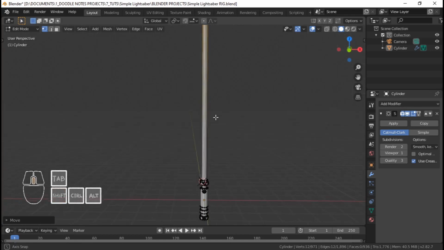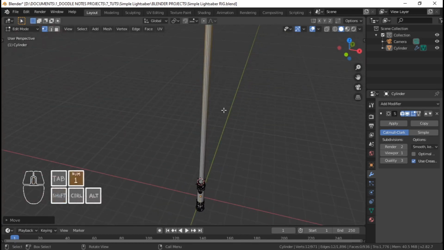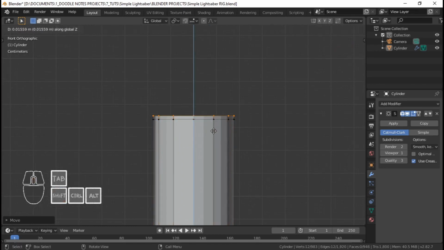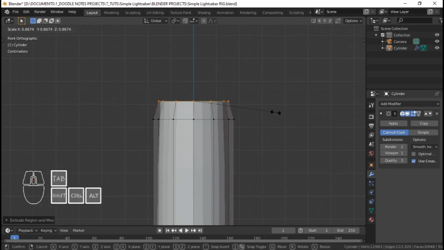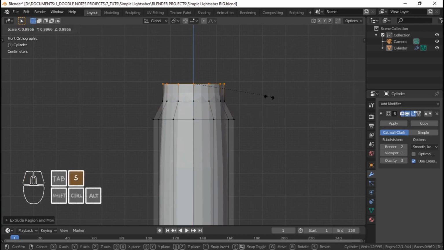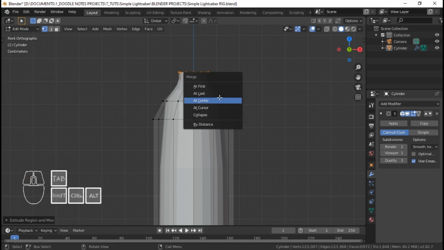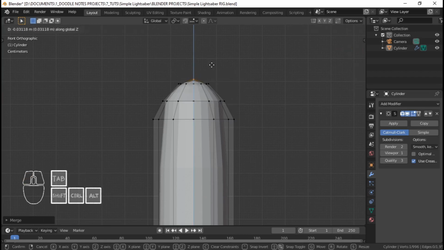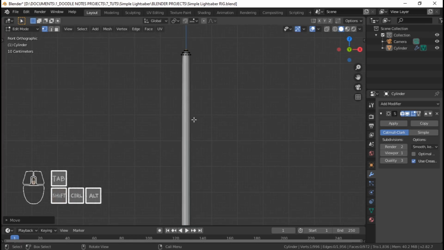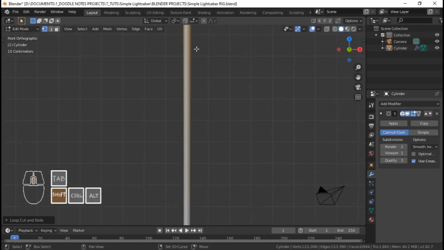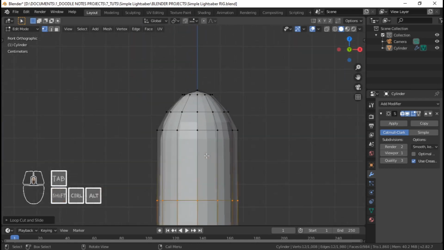So yeah, that's it. And then for the top, we just need to do what we did with the bolt thingy. So I'm just gonna extrude that, scale it down some, extrude again, scale, extrude again, Z, and then Alt M to merge it at center. And I'm gonna add another edge loop. Actually, I'm gonna Control R and then move it upwards